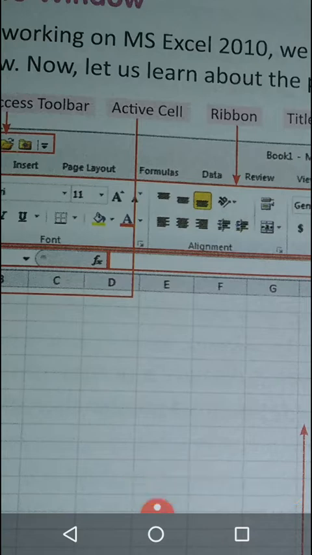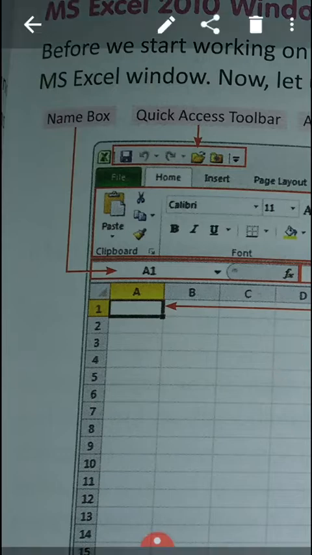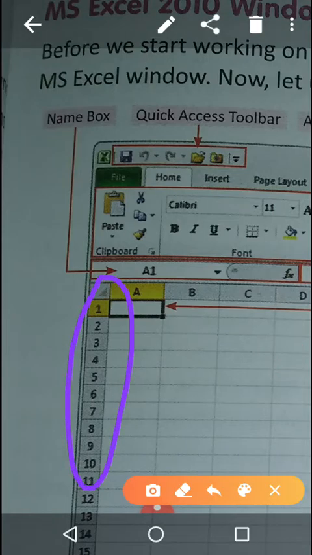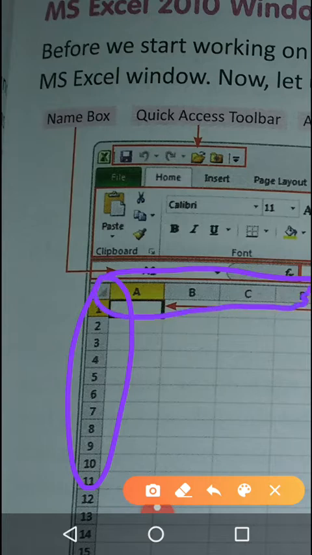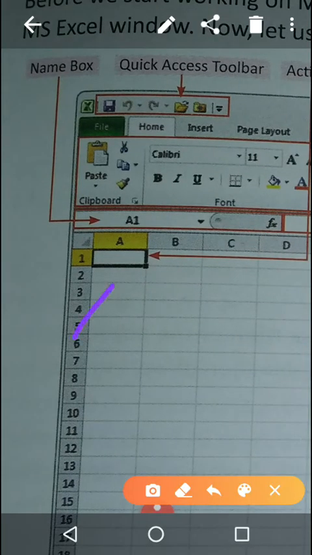One most important thing here is that we mention all the rows by numbers. Look here, and we mention all the columns by alphabets. So how do we find the address of a cell? We find the address of the cell by combining both of these.